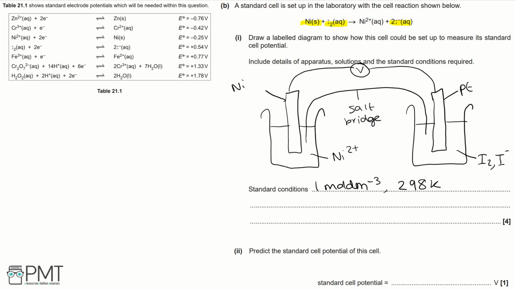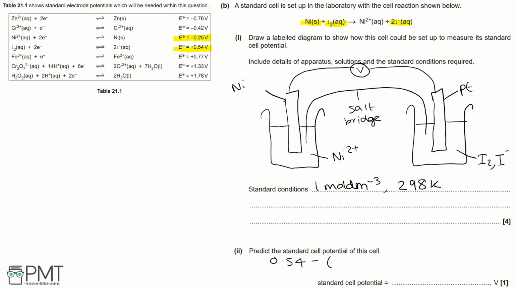Part 2. Predict the standard cell potential of this cell. In this question, we're using the electrode potentials for the nickel and iodine. To work out the standard cell potential, you take the more positive electrode potential, which would be 0.54, and you